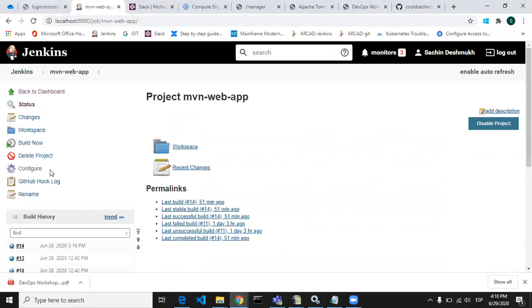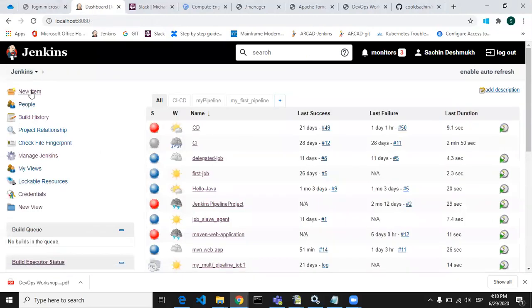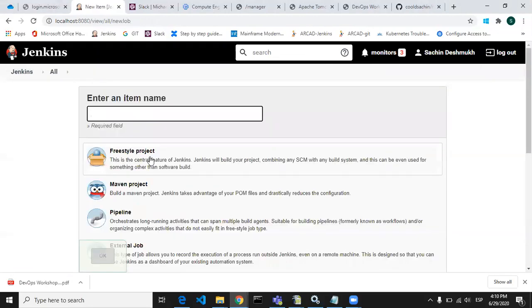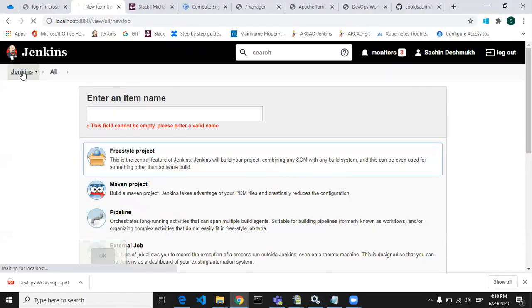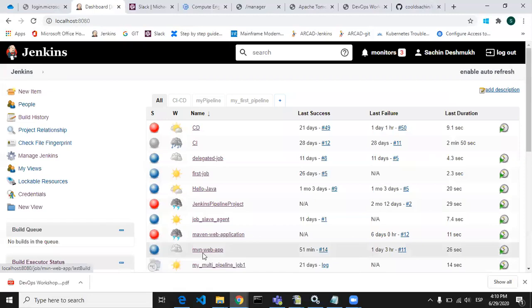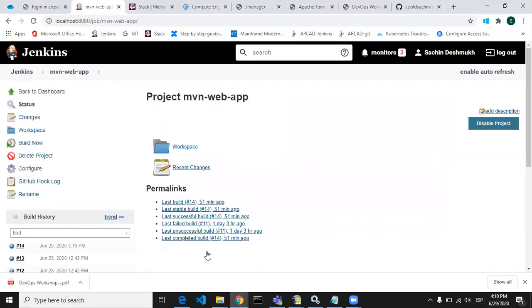Okay, so let's see the configuration part. This is just a freestyle project, so you have to go to Jenkins, click on New Item, click on Freestyle, and give some name to this application. That's it. So let's go to your application, Maven web app. Go to the configuration part.